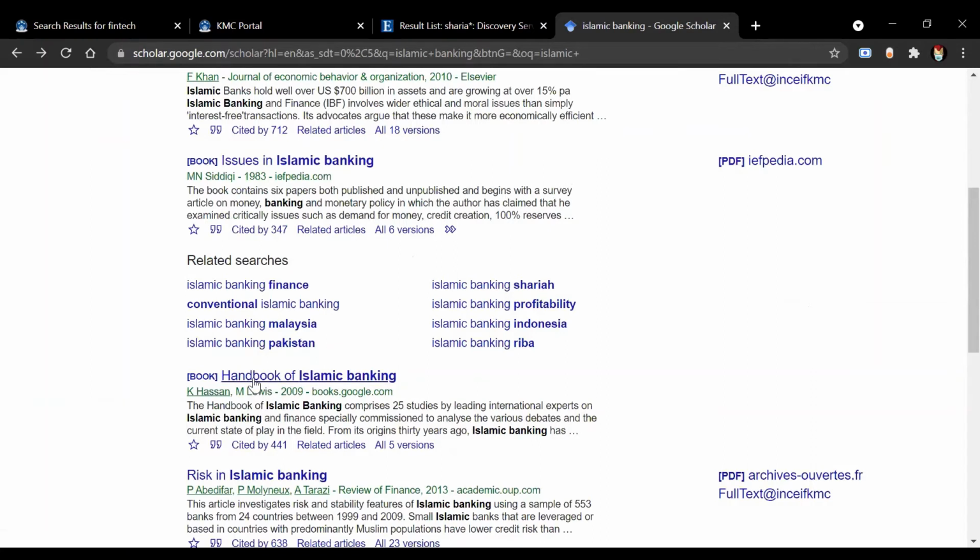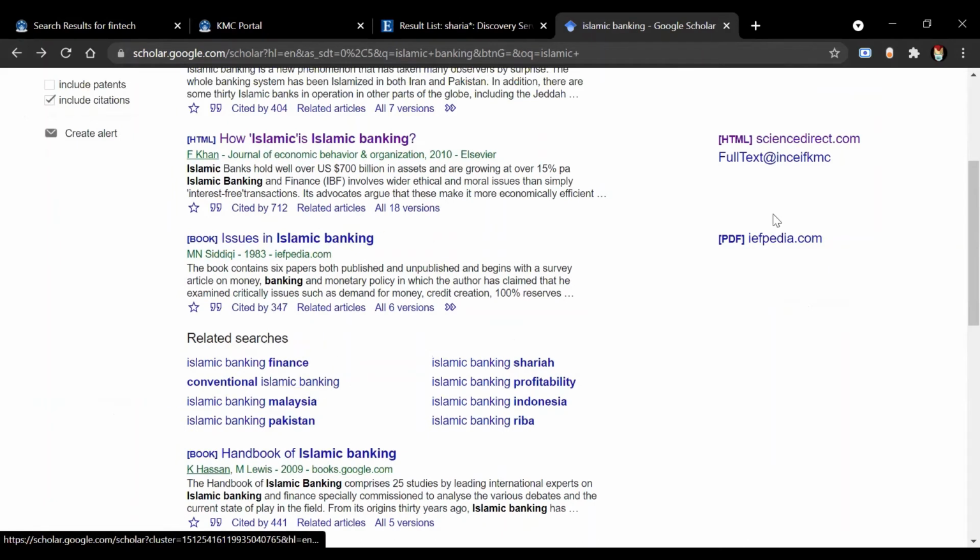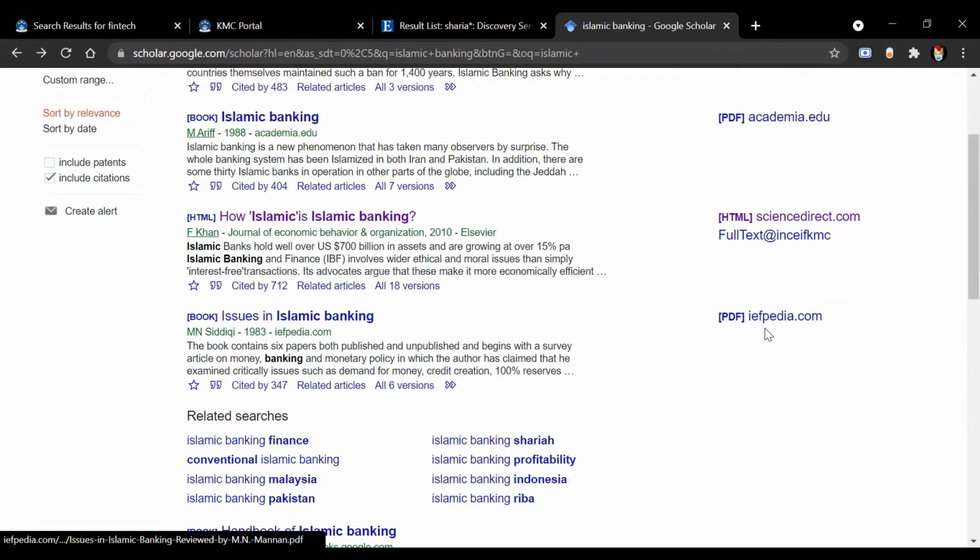For example, this is the Handbook of Islamic Banking, a book retrieved by Google Scholar. We also have books which are available to download from IEFpedia,